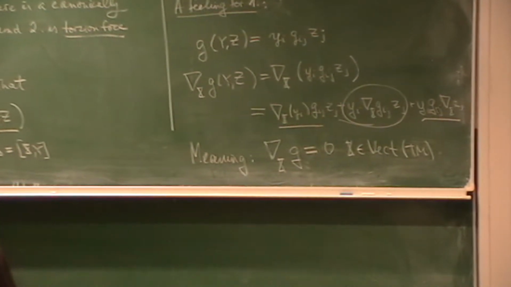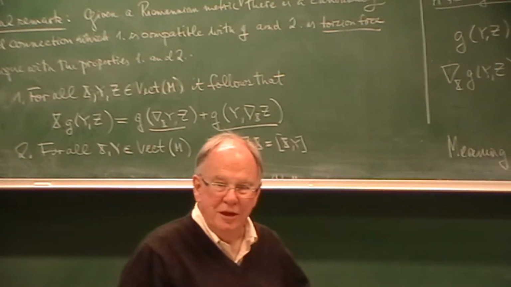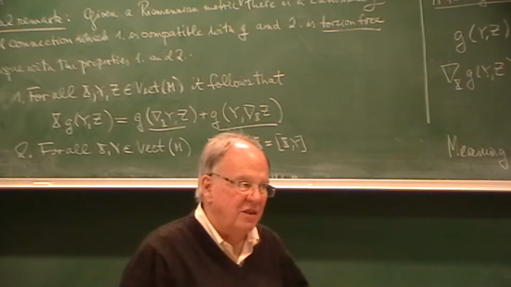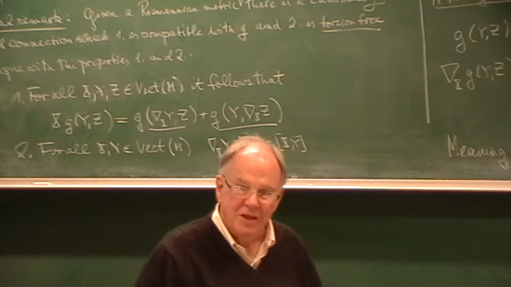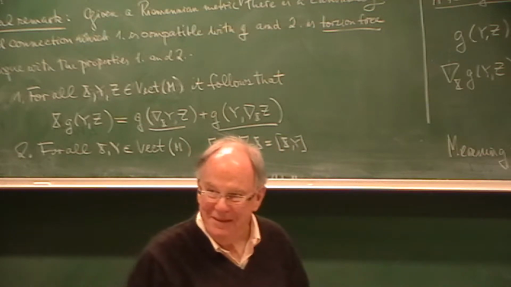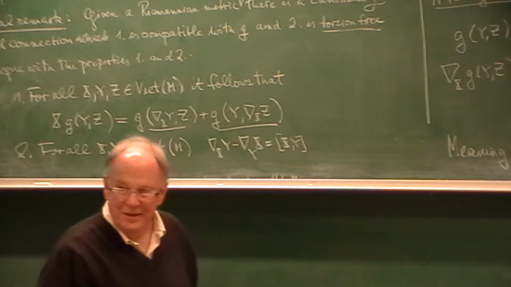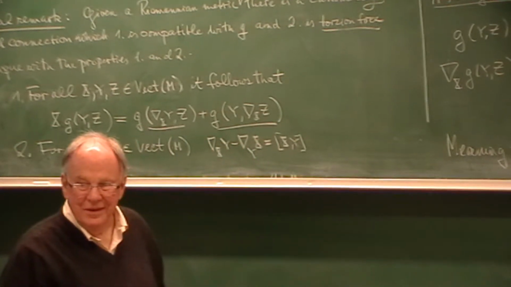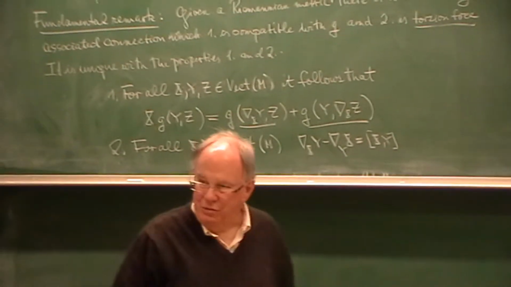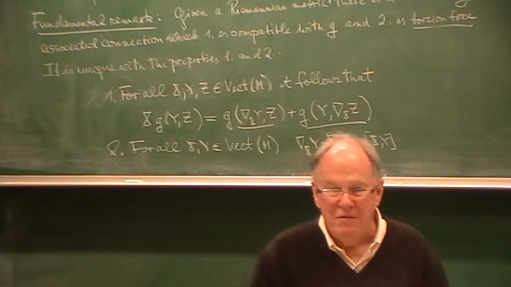Okay? It means when you differentiate it, you get 0. It means it's constant with respect to the connection. But we haven't talked about the derivatives of bilinear forms. That's right, I have not talked about derivatives of bilinear forms, but you can believe me that if you have